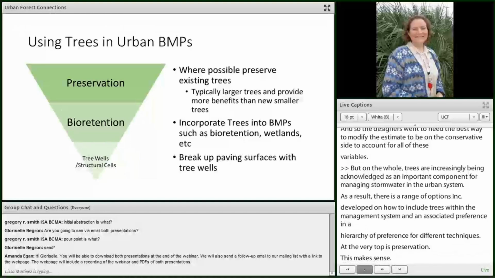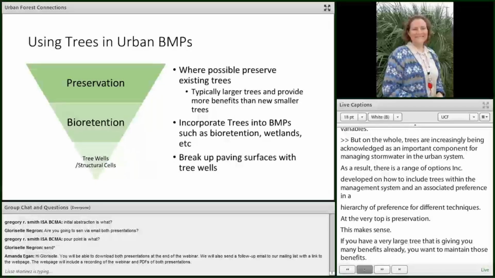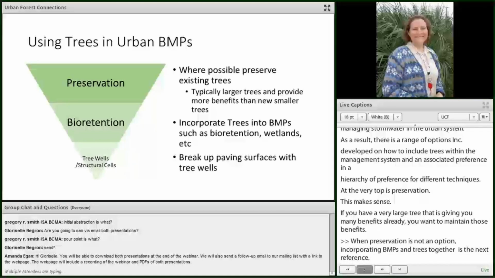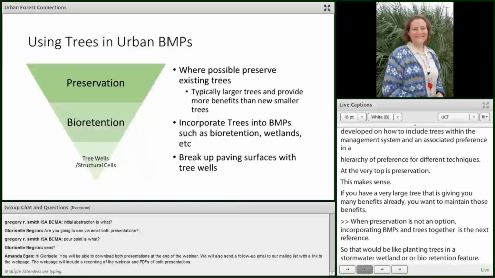When preservation is not an option, incorporating BMPs and trees together is the next preference. So that would be like planting trees in a stormwater wetland or a bioretention feature. And if you just don't have the space within a tight development envelope for a traditional BMP, then you can always break up the impervious surface using tree wells